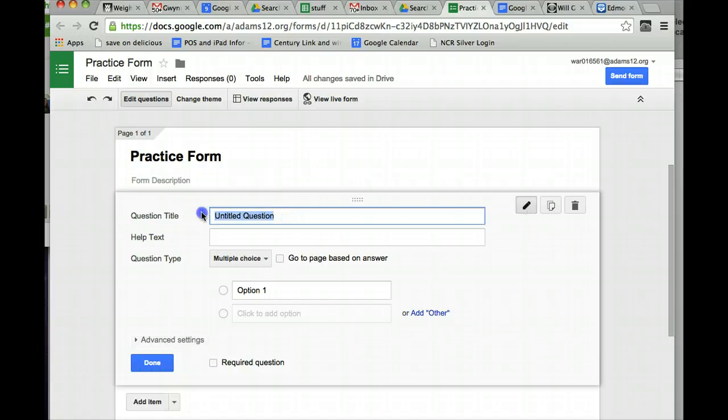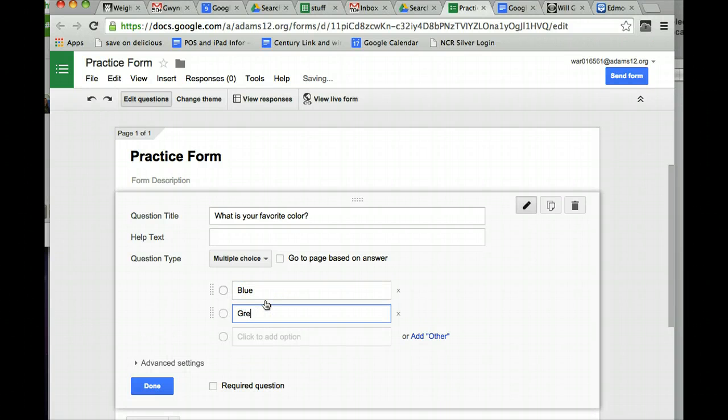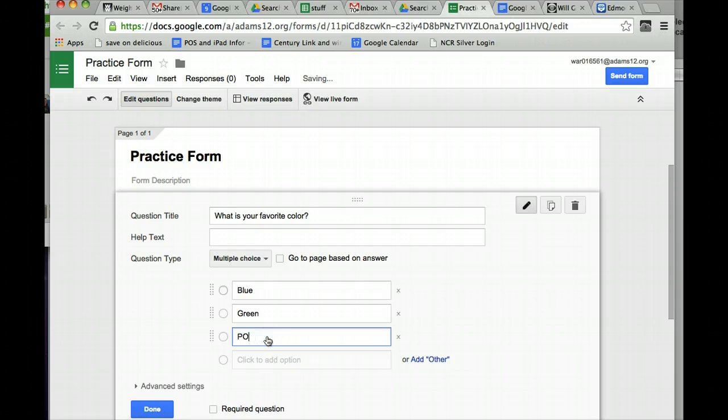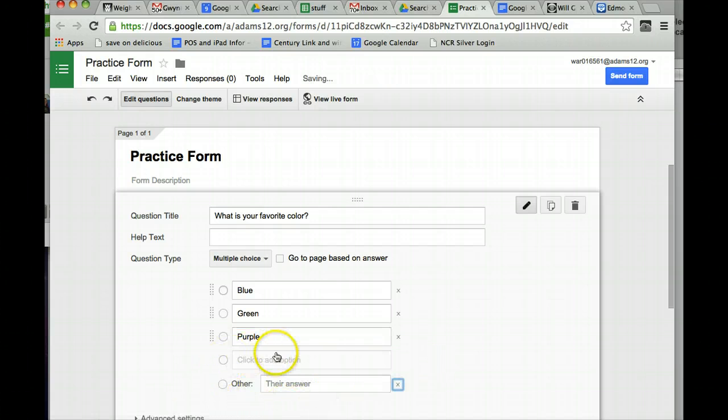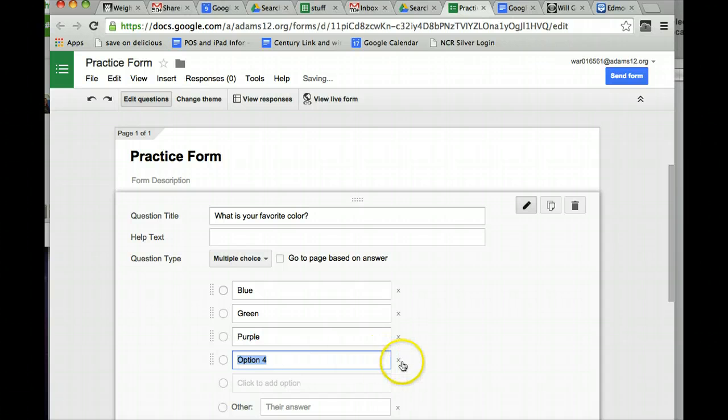So let's start with a multiple choice question. What is your favorite color? Question mark. You can put in a help text, multiple choice. You can put in your color, blue, green, purple. And then you can add other, which means people would be able to pick whatever answer that they want for other. If you want to get rid of